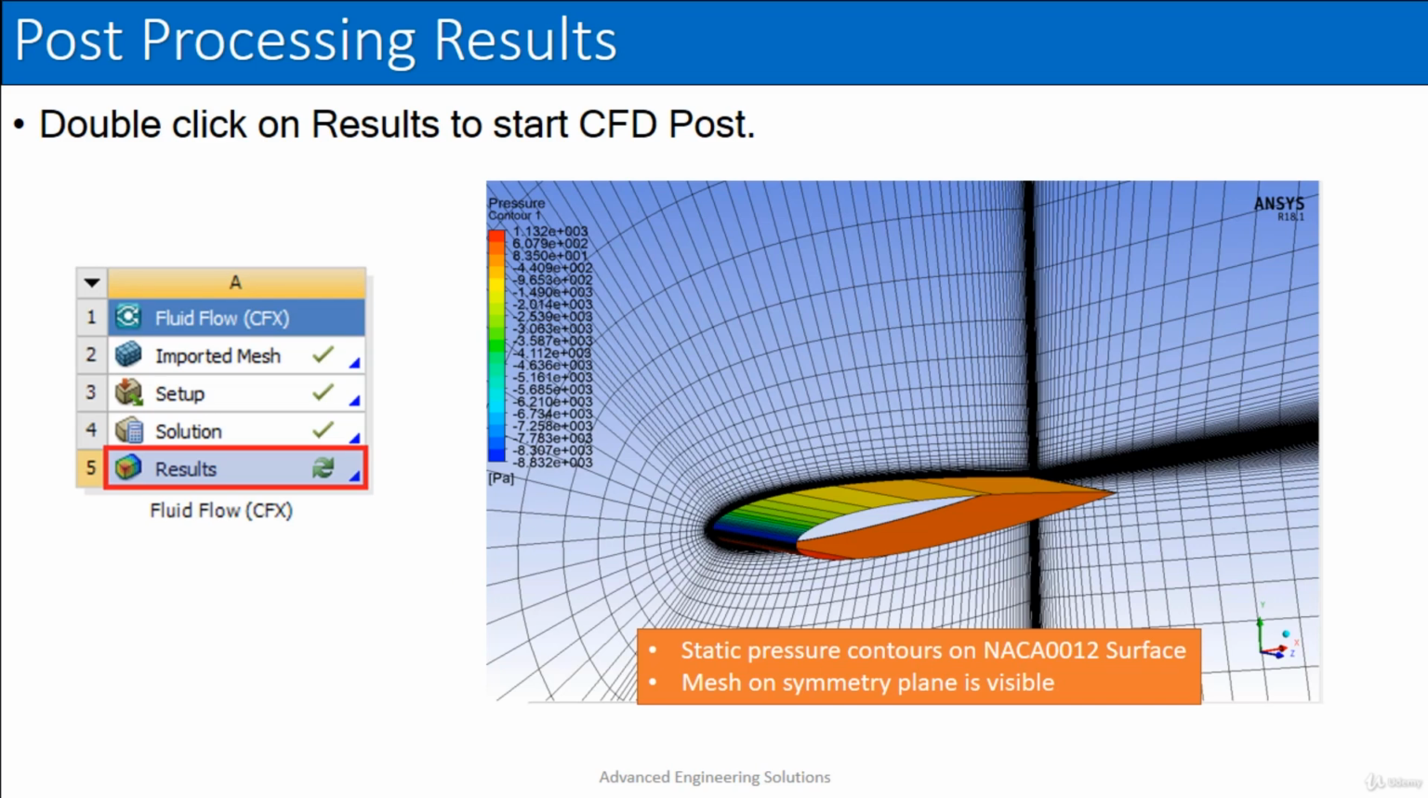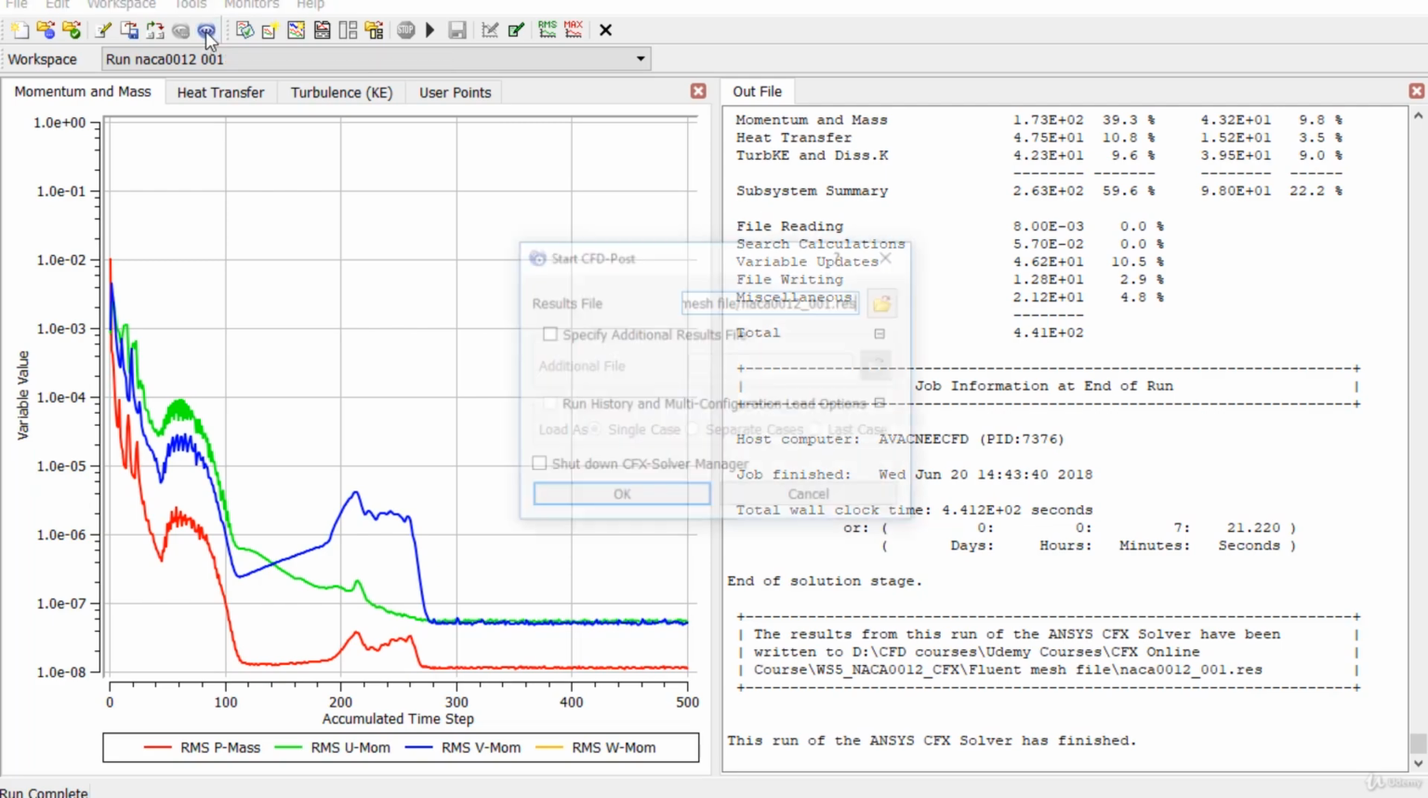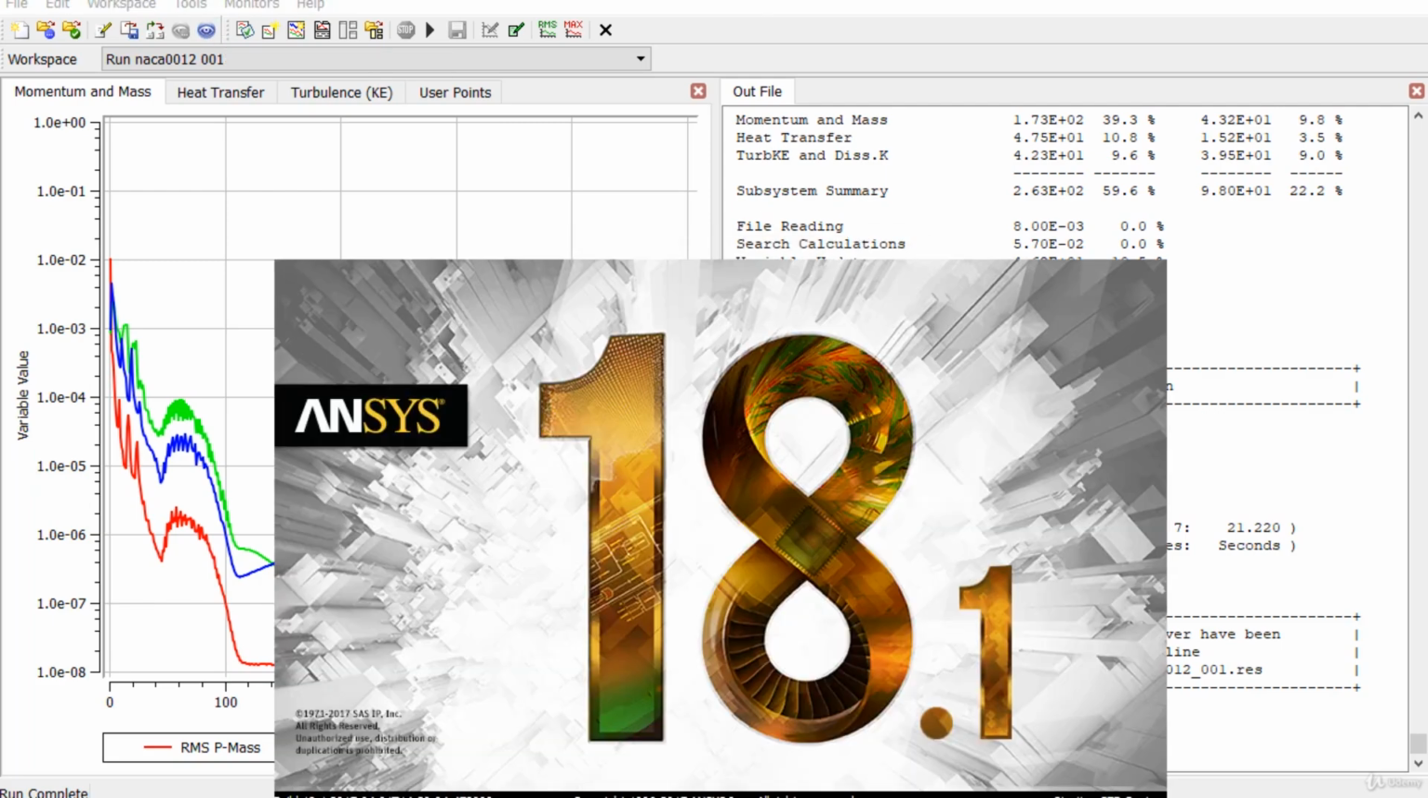The next part is the post-processing of the results. From Workbench, double click on the results icon, cell number A5, or in the case when we are solving the CFX case in the standard mode, you can click on this launch CFD Post from the CFX solver, or you can also launch the CFD Post from the CFX launcher,